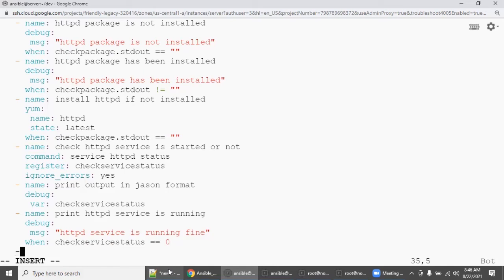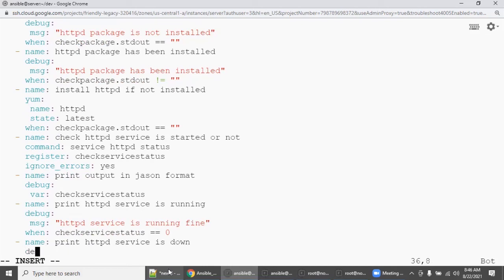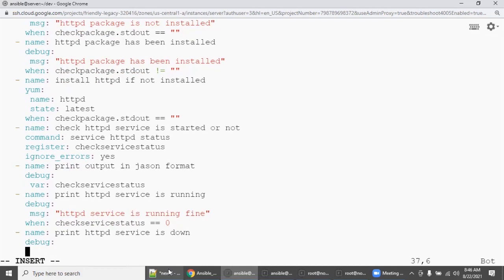Then another task, name: print HTTPD service is down, debug, and then message, my own message: in this machine, HTTPD service is down.